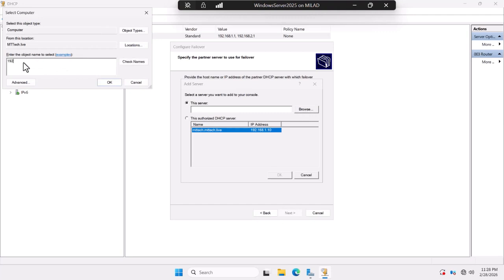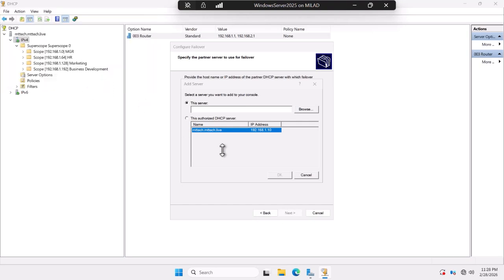Let's write the IP address of our DHCP failover 192.168.1.6 and let's check the names. It has been found and let's wait for a couple of seconds. And okay,